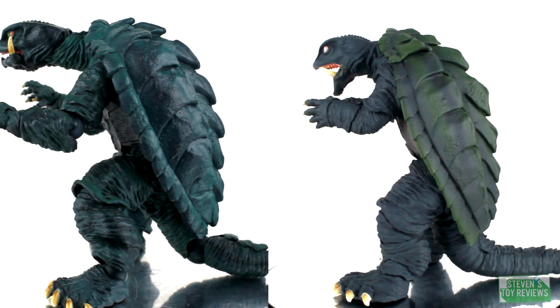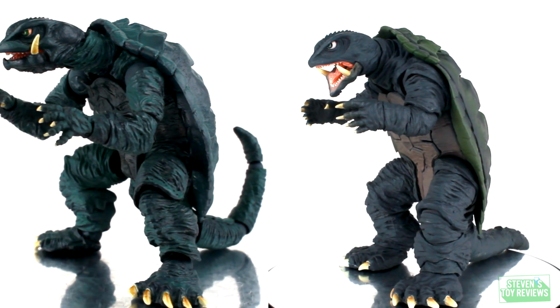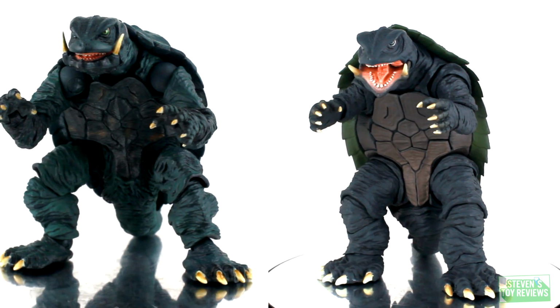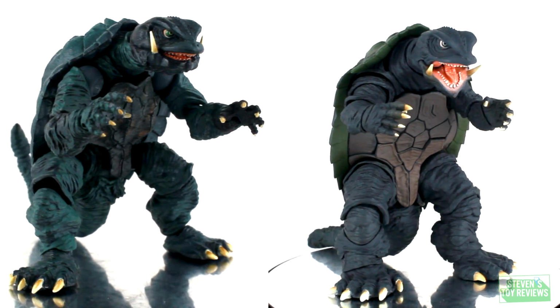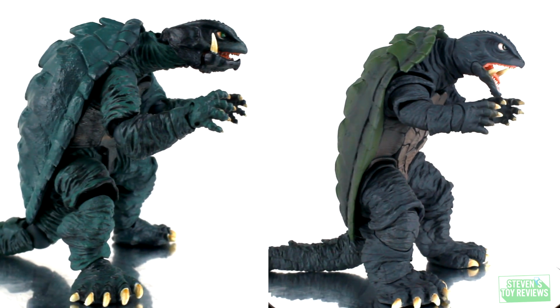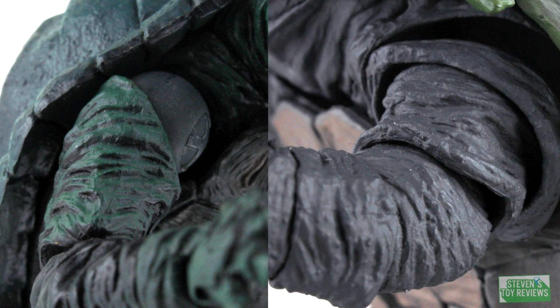Round 1. Sculpt and Paint. This one may be a bit divisive because some folks may be a bit uneasy with the fact that Bandai reused the G2 sculpt for the G1 figure. However, this isn't exactly 100% about screen accuracy and is more so about assessing how clean the paint apps are. Actually, you know what? I covered this in the intro video for Figure Fight, so you better go check that out. Anyway, Bandai's offering is very simple, clean, and gets it right to the point that this is in fact